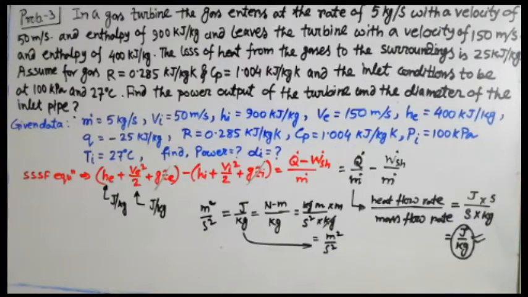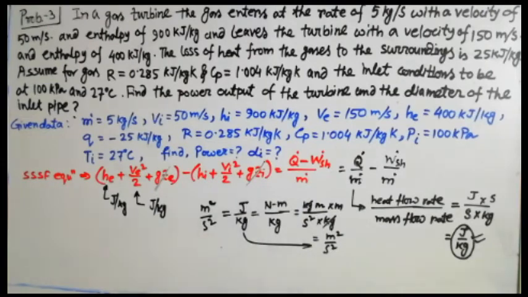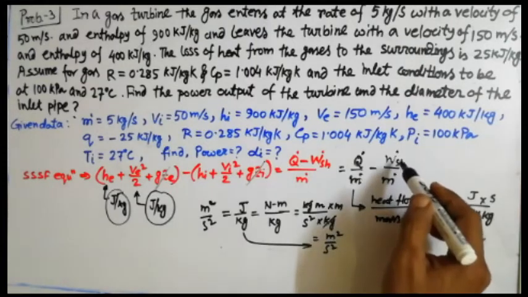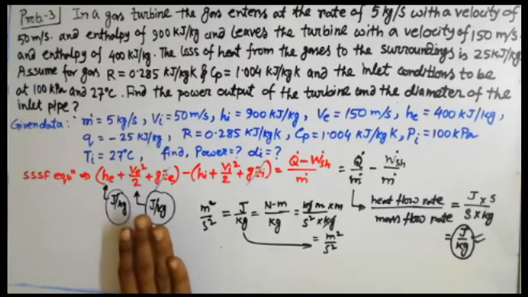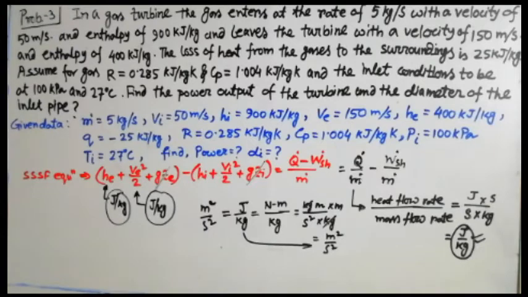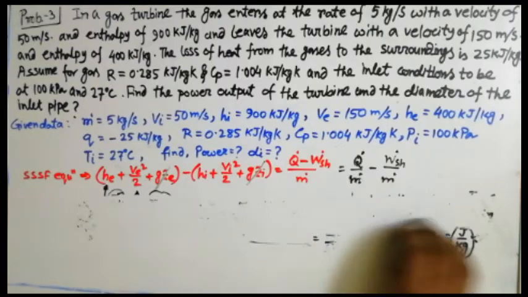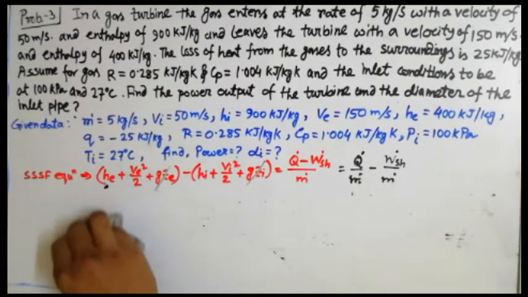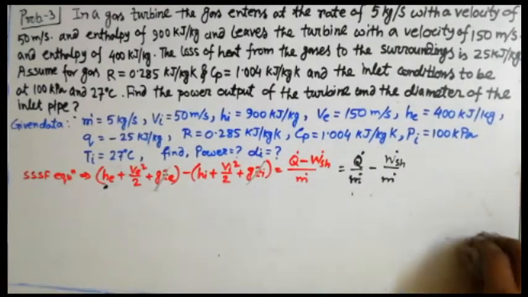So by all these things we can understand that the left hand side and right hand side both give you the unit of joule per kg. So W dot SH by M dot will also obviously give you the unit of joule per kg. That is what you have to consider regarding the unit system. Now I am wiping out all these things. It was basically to clear the concept. Now you can straight away put all the given values in the equation, and it will give you the result.